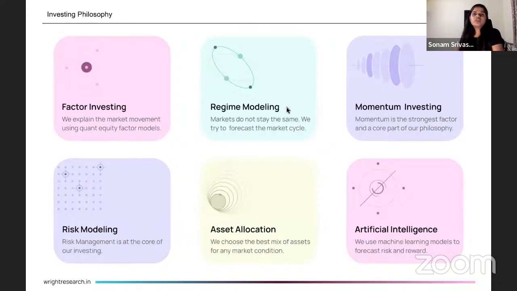Now, quant investing, what is quant investing, right? Quant investing essentially is like any other type of investing. Any investor in the market is trying to maximize the returns on investment and minimize the risk they might see in their portfolio, right? So anybody in the market, whatever method they have, whatever philosophy they follow, whatever their technique is, is trying to just get a better return and do that at a lower risk.